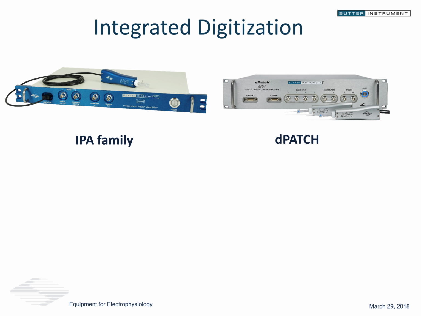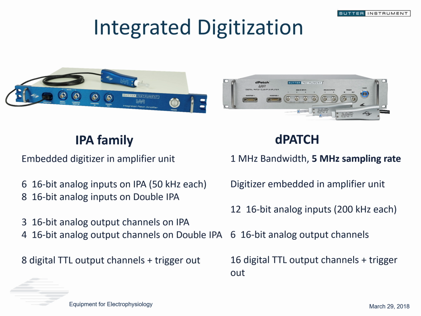So then what this allows is within a single unit, we still have our analog inputs for monitoring, say, environmental conditions such as temperature sensors. We still have analog outputs in each of the units for providing waveforms for stimulation. And there's also TTL outputs for controlling other equipment. In addition, this integrated digitization opens up the D-patch for this extremely fast sampling rate of 5 megahertz.